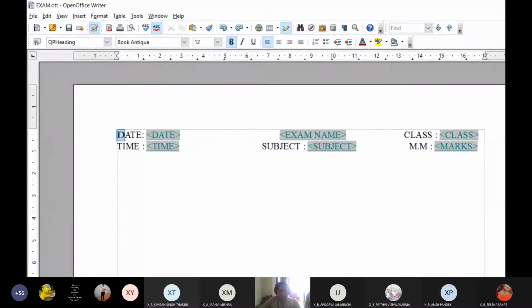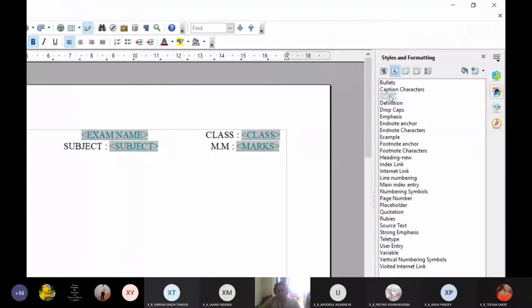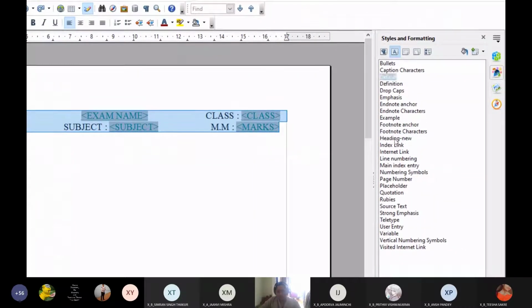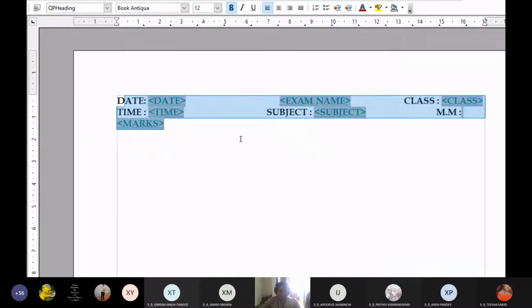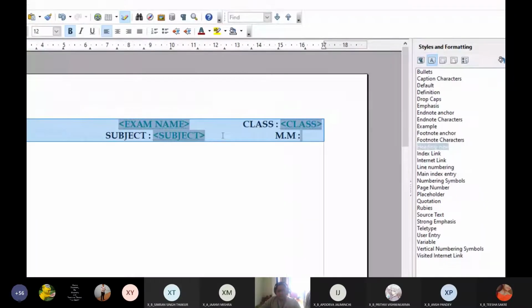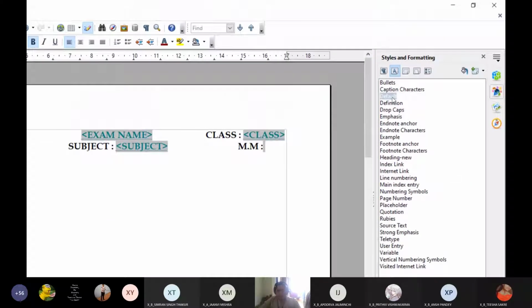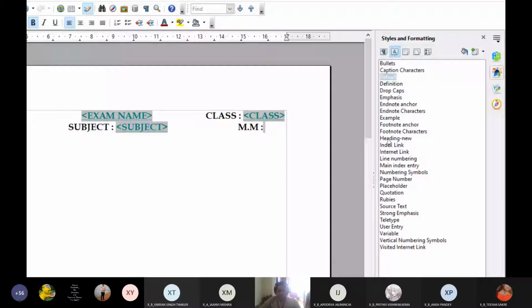Right now you can see that if I select D, it is showing Default. I selected the rest of the text and double clicked on Heading New because I have already changed it now, so it changed. Let me demonstrate this using some other color. I'm just going to select D. It is showing Default over here.